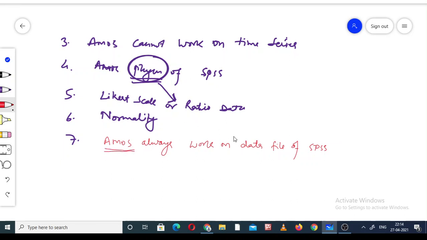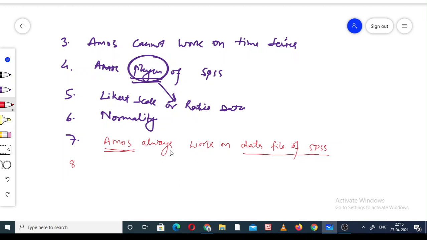It always works on the data file of SPSS. So whenever we need to work on Amos, first we have to enter our data in the SPSS software, and on the basis of this data file we can work on Amos. So this is the next rule about Amos, and it is very important.